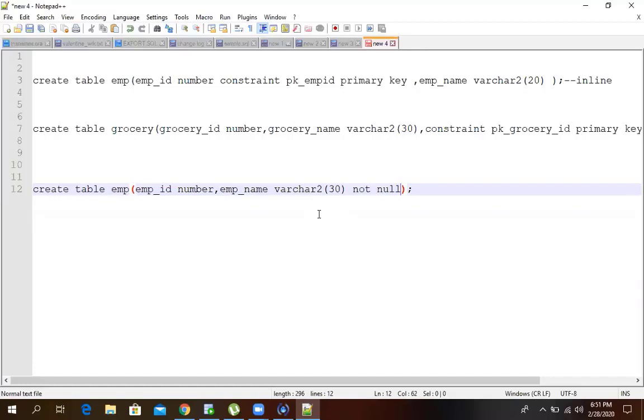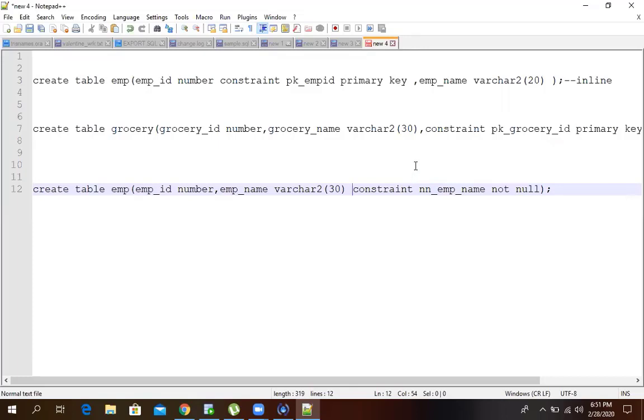I would say it's not bad for them because I can't see any constraint. Constraint information means here not null is also your constraint, right? But what you are expecting is, see here, you are expecting the constraint name. This part I removed, but this is optional. Either you can give the name or not. Okay, now tell me, is it an inline or out of line? Out of line. Are you sure?